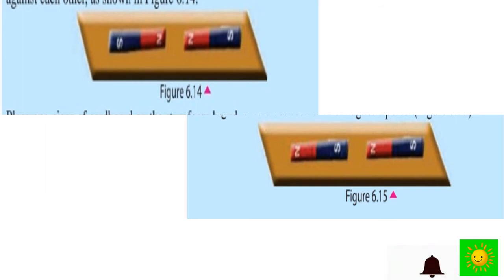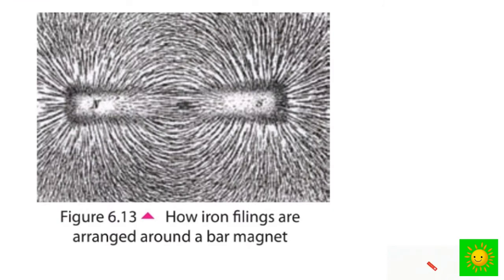What you have to do there is keep the magnets as shown in the figures, then spread a thin layer of iron filings on the cardboard. You can see the arrangement of iron filings after doing this practical. It may be clear to you that iron filings are arranged around the magnet along the patterns of magnetic lines. This is how the iron filings are arranged around the bar magnets.